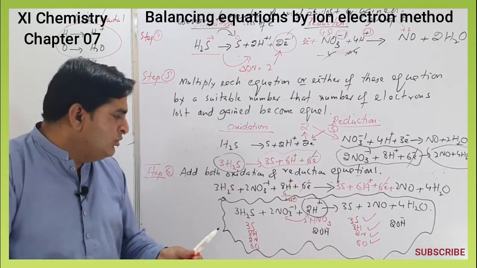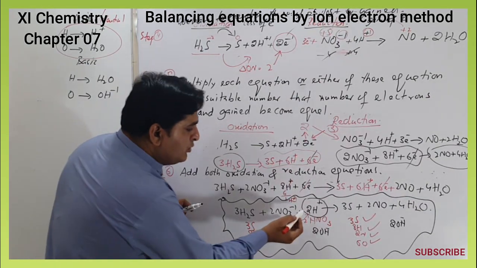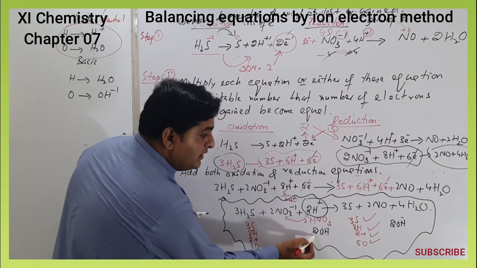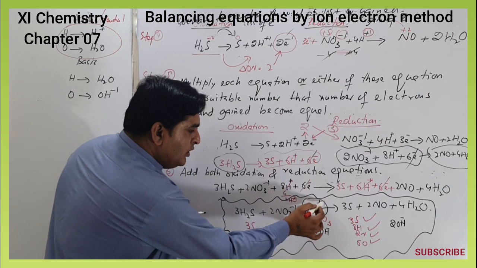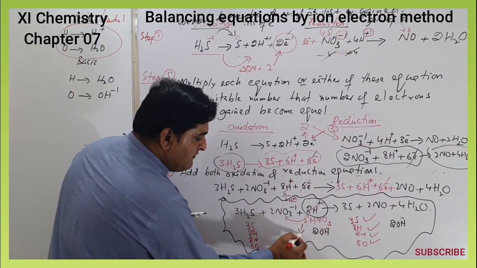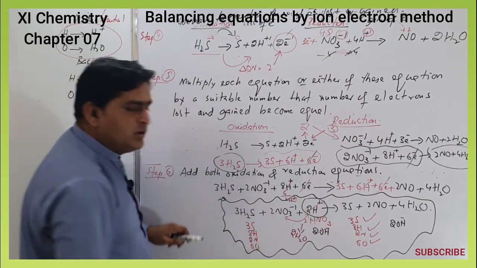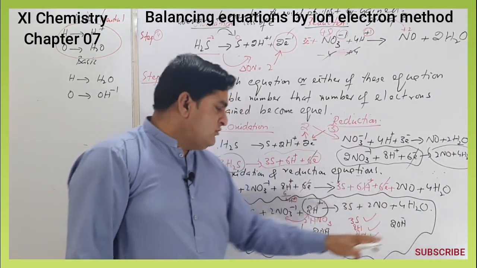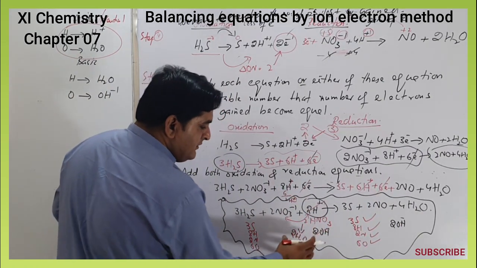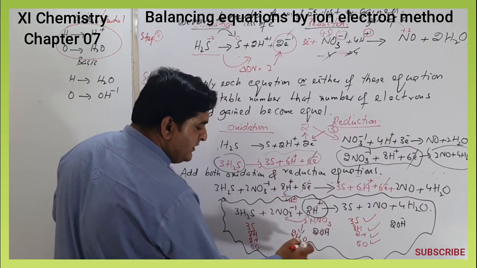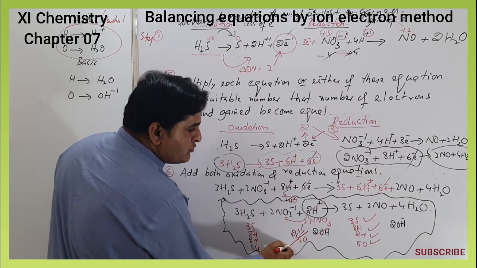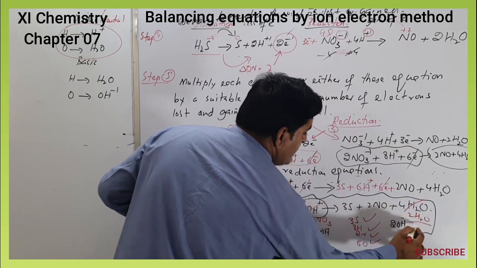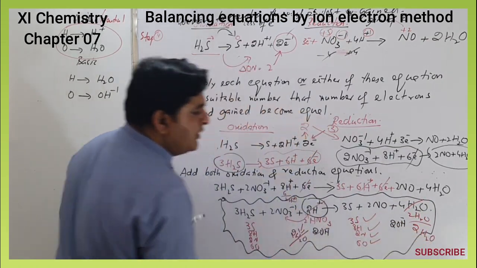To do so, for the number of hydrogen ions, we add the exact same number of OH ions in both reactants and products. Now 2H+ and 2OH- will be converted into 2H2O. Now 2H2O here, 4H2O there. So we cancel the same substances in both reactants and products. We cancel 2H2O from here, subtracting these 2 water molecules from 4, so the remaining water molecules will be 2H2O.